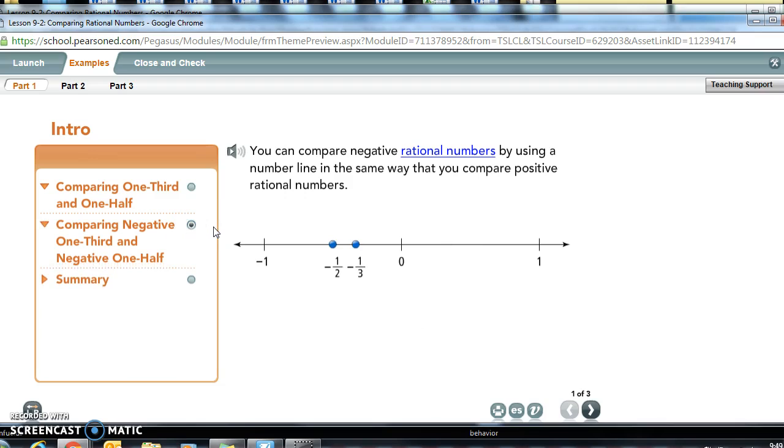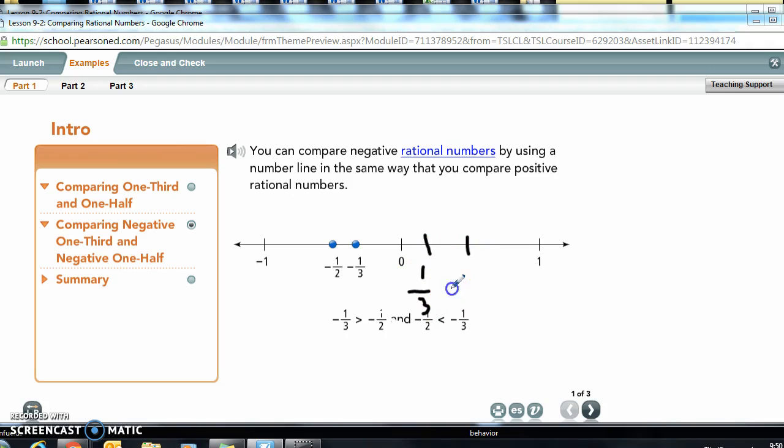Negative 1/3 is to the right of negative 1/2 on the number line. So negative 1/3 is greater than negative 1/2. Negative 1/2 is to the left of negative 1/3 on the number line. So negative 1/2 is less than negative 1/3. I would like for you to go ahead and draw in the positive 1/3 here and the positive 1/2 here. Now remember, we're just reflecting across the 0 point for both of these, okay? And if you think about it,